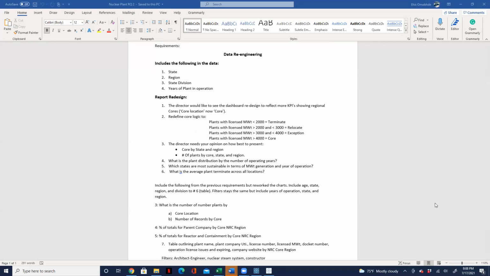We should be able to see and use the core or one of the values there to get what states are most suitable in terms of megahertz generation. Of course, we can use the size and the color to denote that. So in the states, that one will make it very clear.